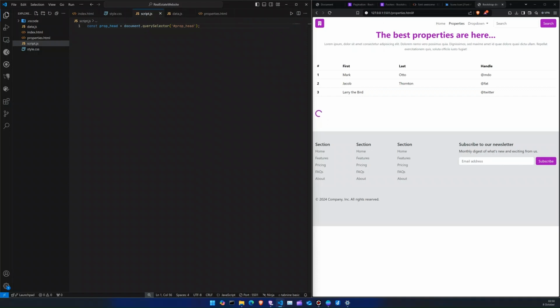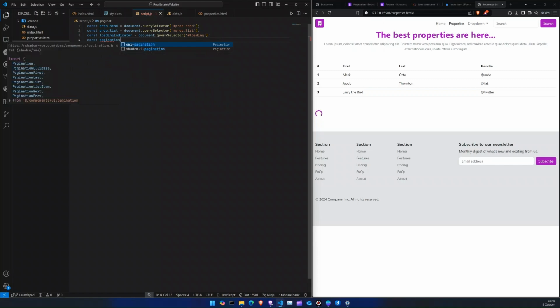Alright, const propList equals to like this, and loading indicator this one, and at last here will be list pagination. Okay, so